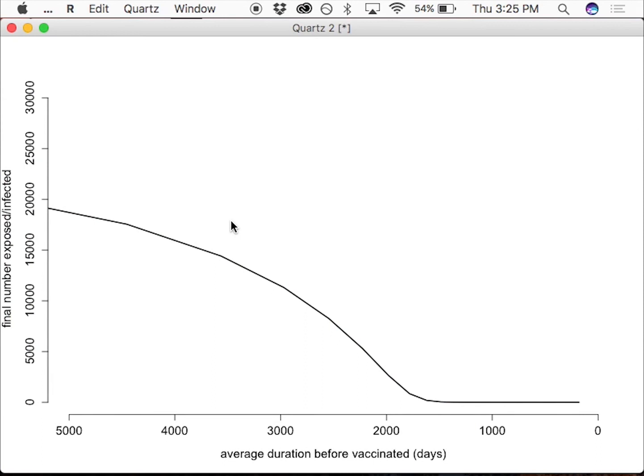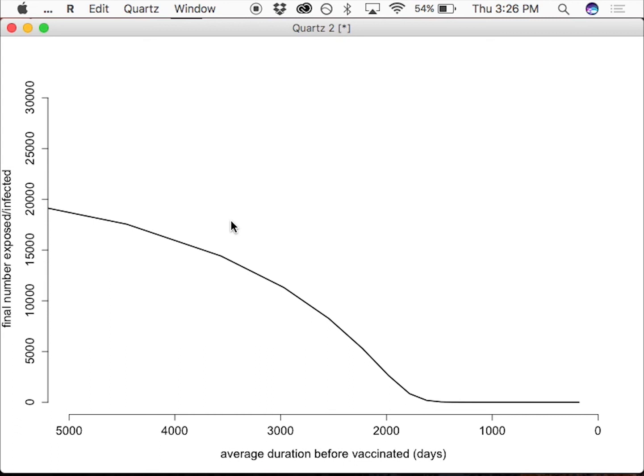Okay, so again, you're free to make the x-axis start at higher numbers, which I think in this case makes more sense, because as we move to the right, we're increasing vaccination. That's how I like to think, at least. But it looks like if we get to about 1 every, what is that? So again, we could convert it to years, but basically, we're very close to being able to eliminate this disease